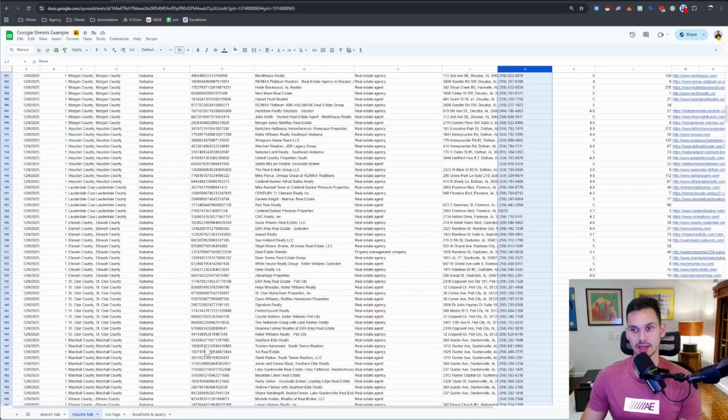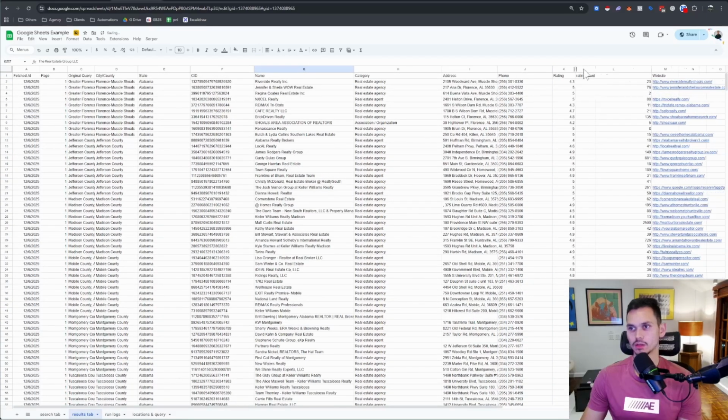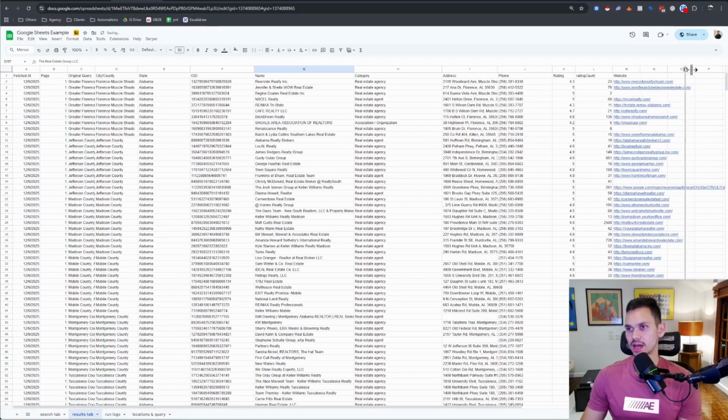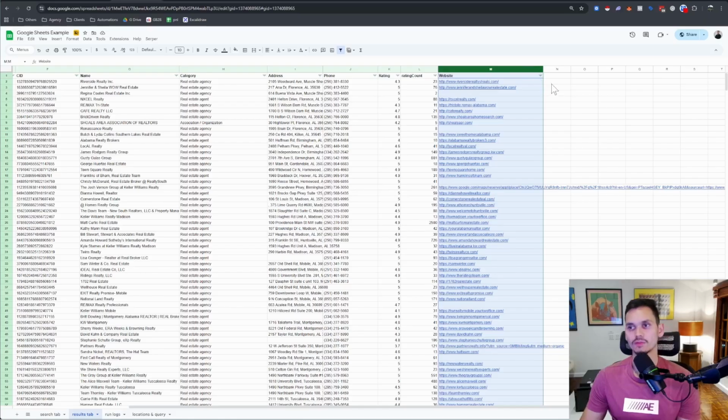And once you actually have this entire list, what do you need to do with it, right? So to find the actual email addresses, because we want to reach out to these people. Once you have these websites, first you can filter for rating count. You can just put a filter on this entire thing and get rid of anything less than 100 reviews. And then once you want to find the email addresses associated to these websites, you have quite a few solutions